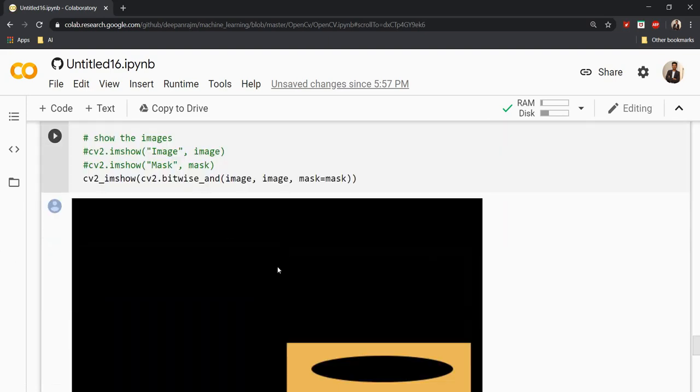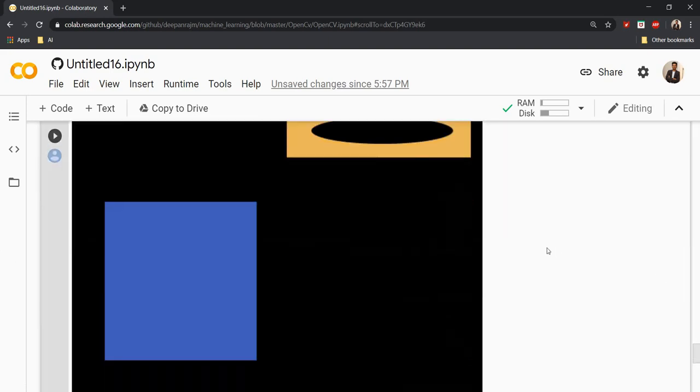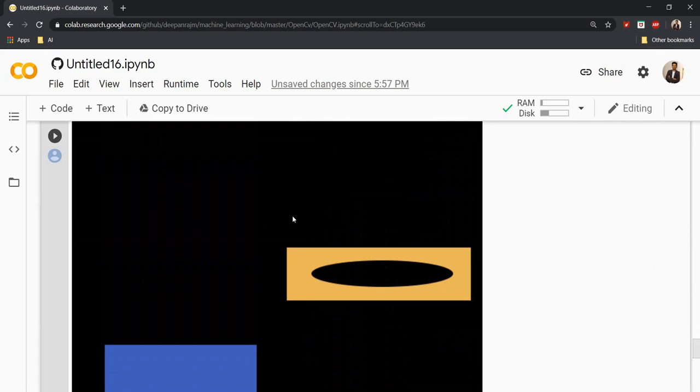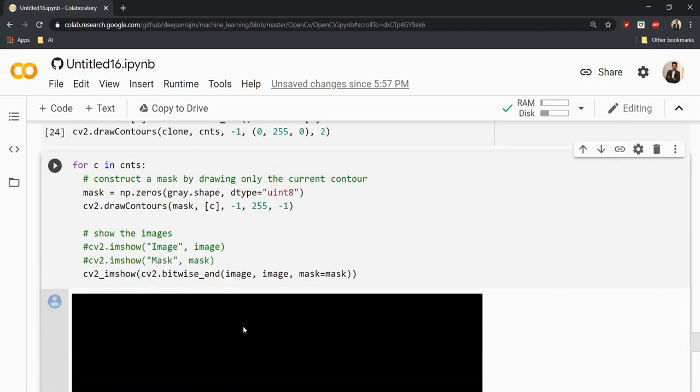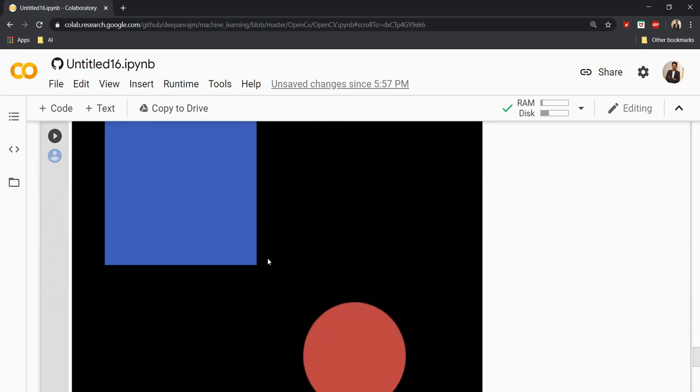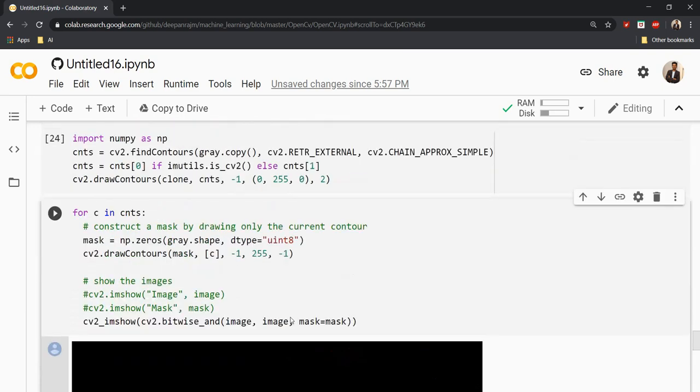Now you can see this is the first block. Everything is coupled around here. So this is one image. I've just taken one block. This is the second image and this is the third image, because since I've used a for loop, everything is printing in the same region, so that we can't find the difference between each and every image. So I've separated the blocks. If my focus of interest is on this block, I can use this image, or else this or this image. Likewise, we can even create a mask and multiply it with our original image to get the important components which are needed for us. In this way, contour can be very useful.